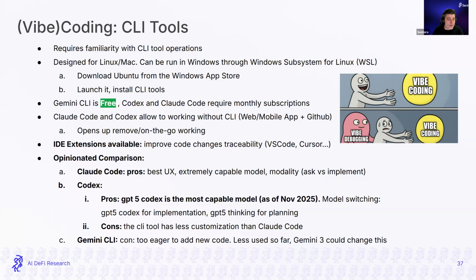So there are also some new features that are very, very interesting for Claude Code and Codex, where we can interact with these models without having to install these applications, just by going to the web app or mobile app and setting a GitHub repository. These tools are able to just interact with that GitHub repository without us having to be locally on a desktop. So this opens up the possibility to work on the go without ever touching a line of code, which is very, very interesting.